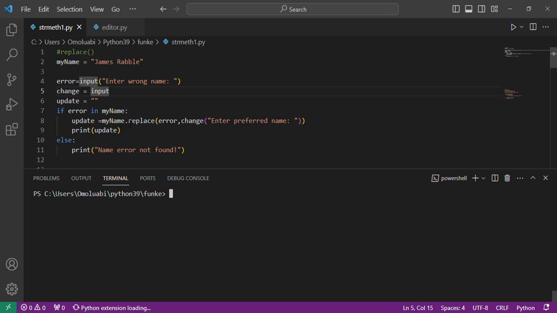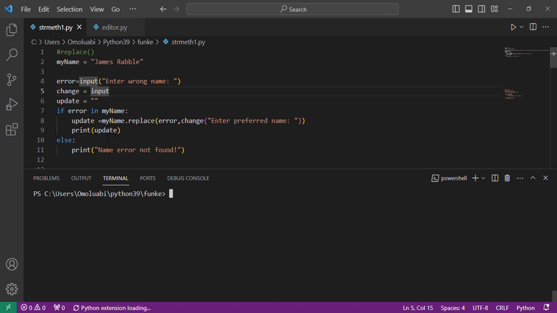It is bound to the string. Here it's bound to the myname string, and then it takes two different arguments. The first argument is going to be the string that is searched for, and then the second argument will be the string that is going to replace the string we search for. And all this will be stored in the update variable, which will contain the new name